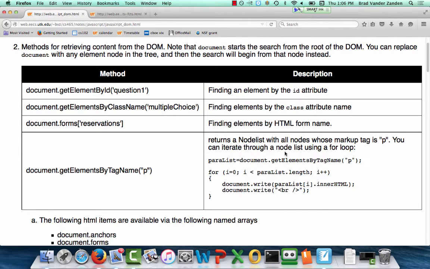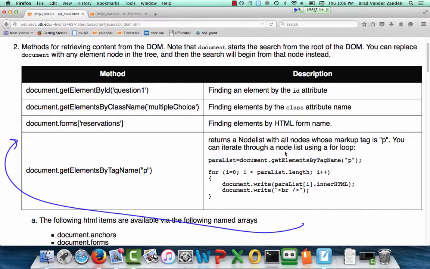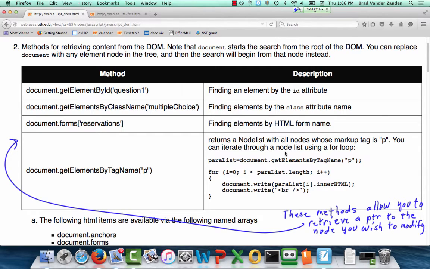So these methods that you see here allow you to gain a pointer to the element you want to modify. So the most common,